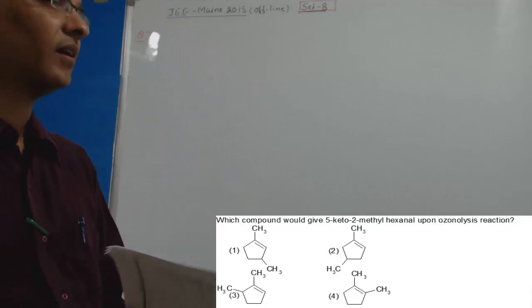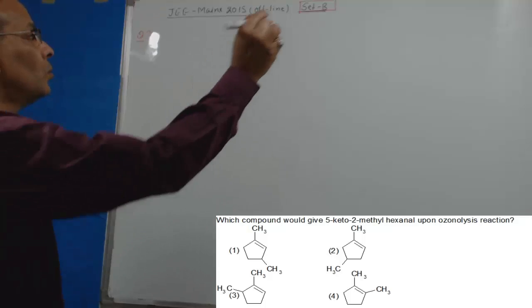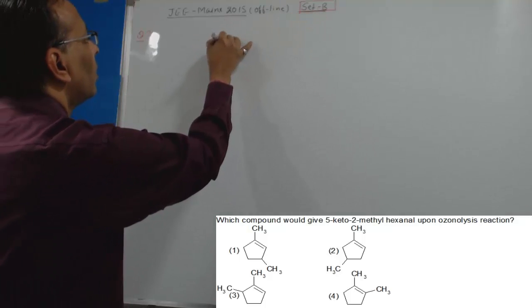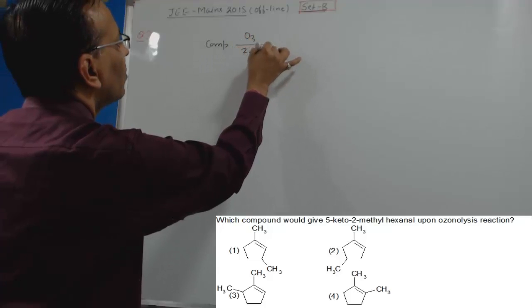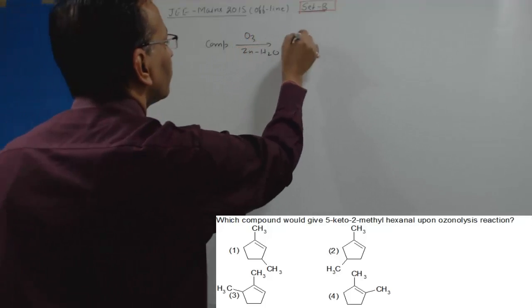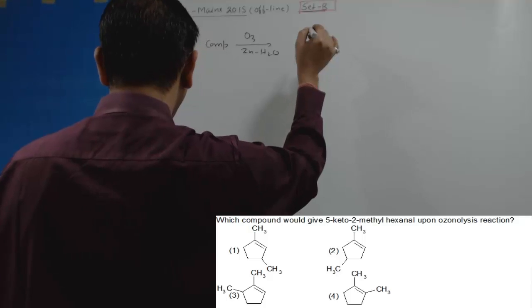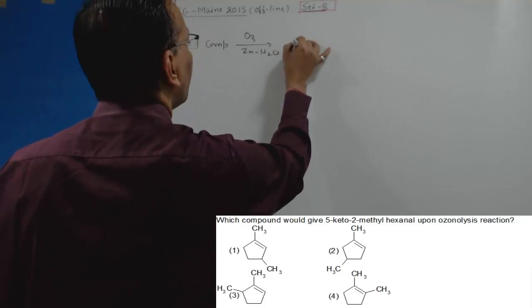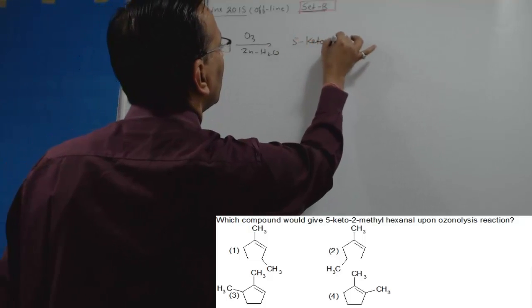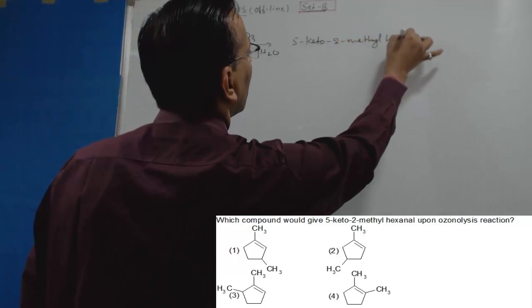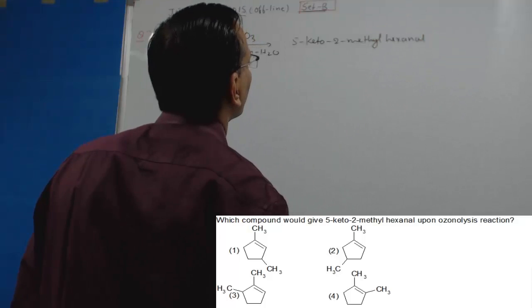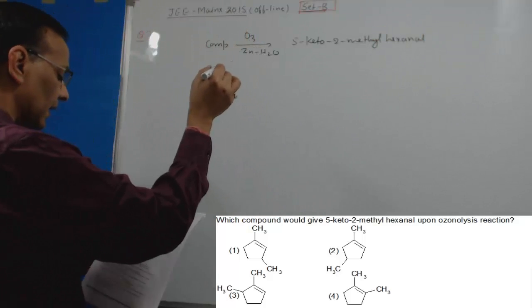There is a compound which on ozonolysis followed by zinc hydrolysis gives 5-keto 2-methyl hexanal, and the options are,